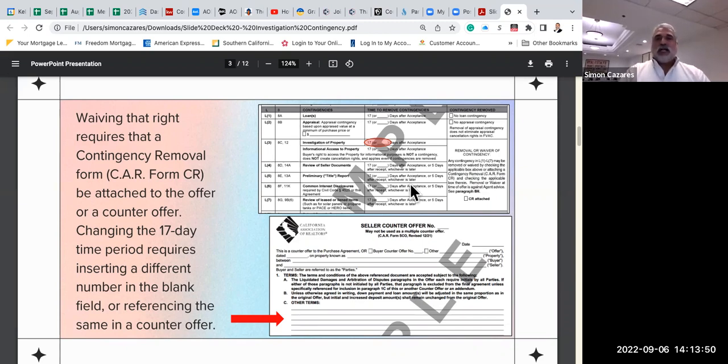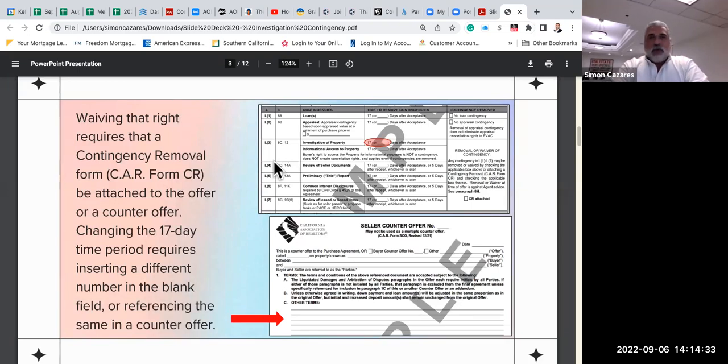So in reference, you're going to either have them provide you with a contingency removal, and you're also going to include, if necessary, a seller counteroffer, cleaning up the offer or the instructions from the seller. Okay. Any questions regarding contingency removals and or modifying these terms? Okay, because two things can be done here. You can modify, or you can release as part of the contingency, or even waive. All right. Either or, you want to make sure that you're providing the necessary documentation to reinforce your position, and